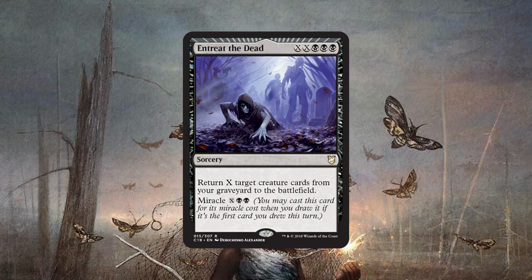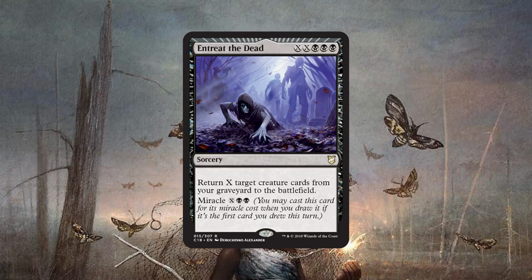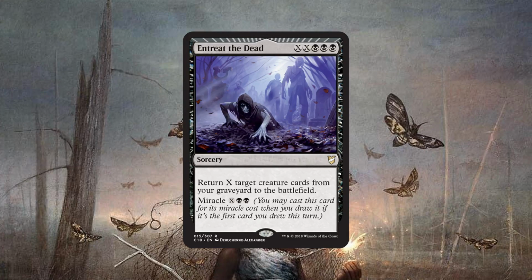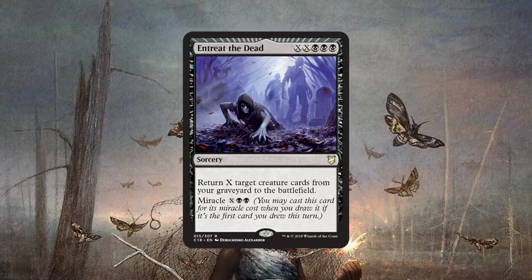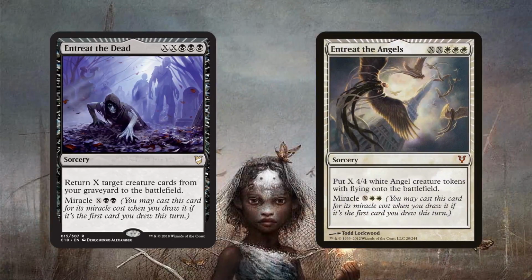However, it has a miracle cost of black X, which is absolutely insane. That means for 5 mana, if you miracle it, you're getting back 3 creatures, and if you have 10 mana, you're just getting back your entire graveyard. 8 creatures, so many creatures. It does limit itself to only your graveyard. The thing I mostly like about this card, it is literally the black version of Entreat the Angels. It is the same mana cost, the same miracle,